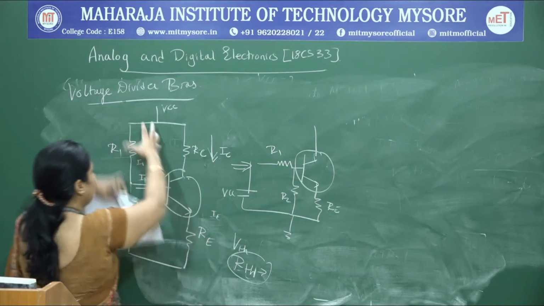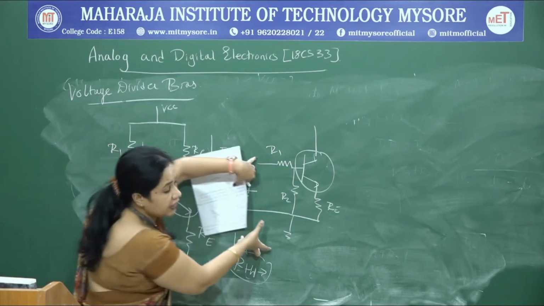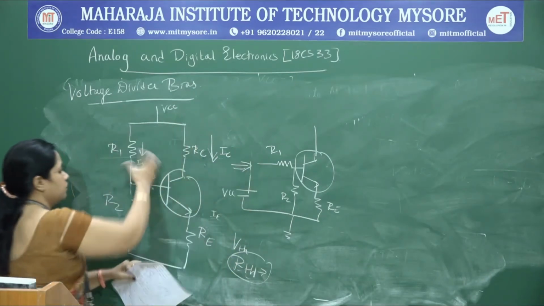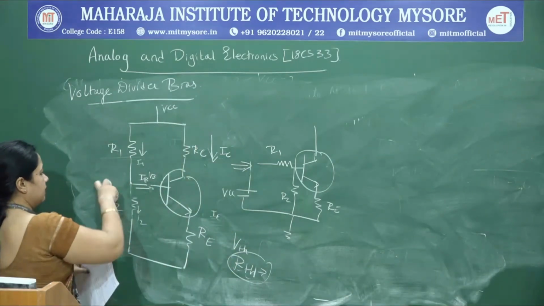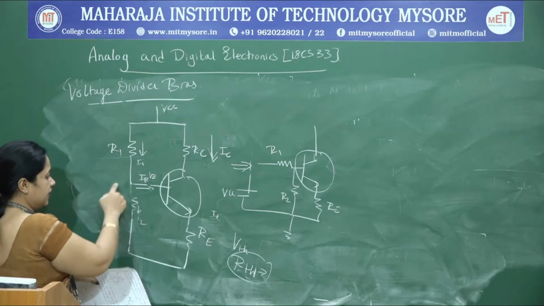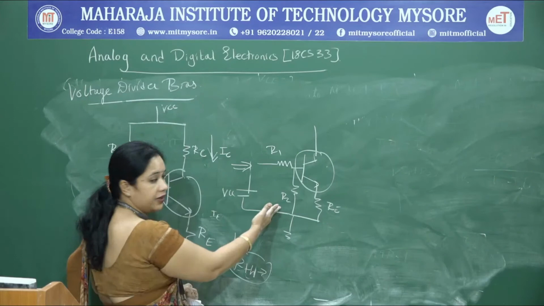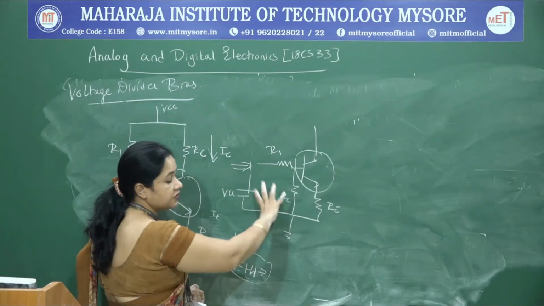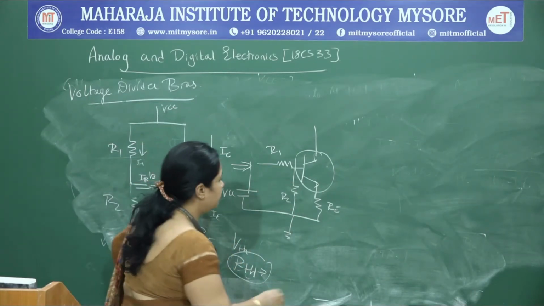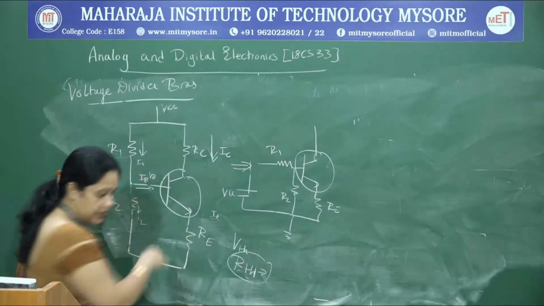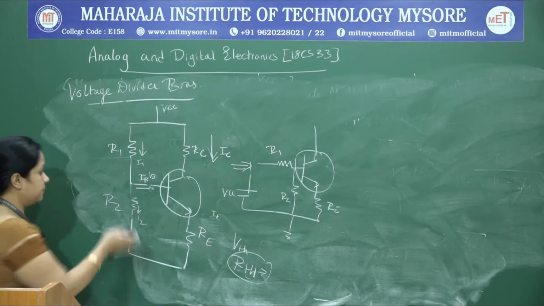So, this circuit, whatever we have, I have redrawn into an equivalent circuit, something like this. So, I have just put this here. R1 comes here, VCC, we have R1 here, we have VCC here. So, this happens to be your Thevenin equivalent circuit. Now, I write the Thevenin equivalent circuit for this and we get an equivalent circuit something like this. I will just draw the equivalent circuit here.